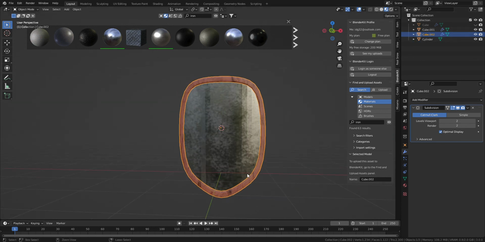If you want to save it, Control S. We'll call this Shield, Kite Shield,